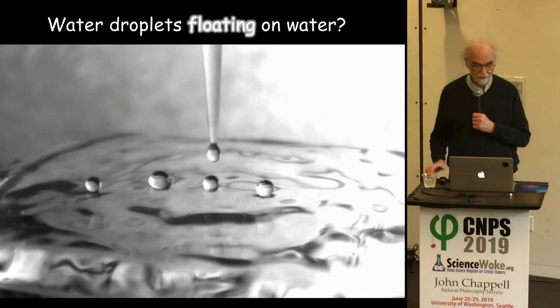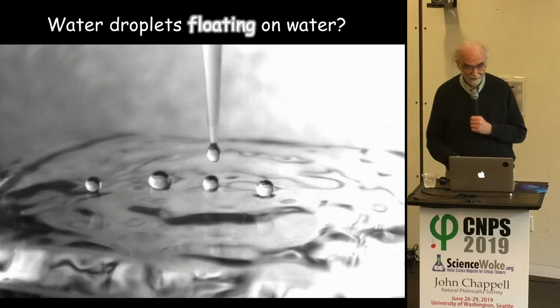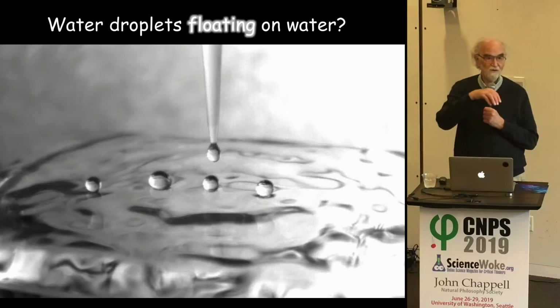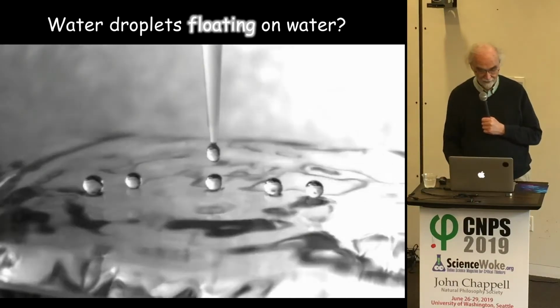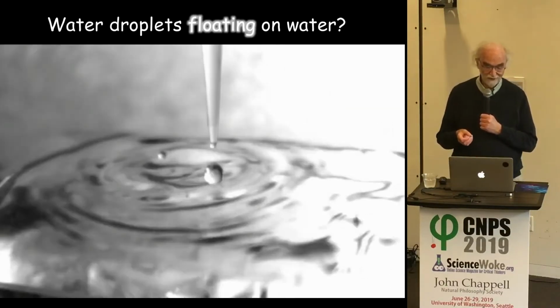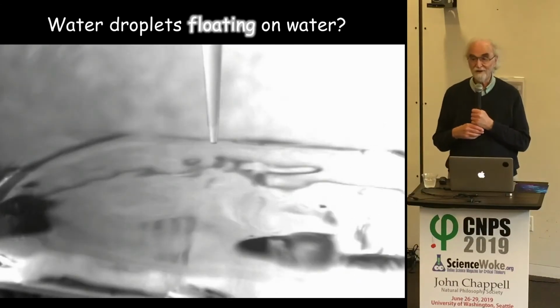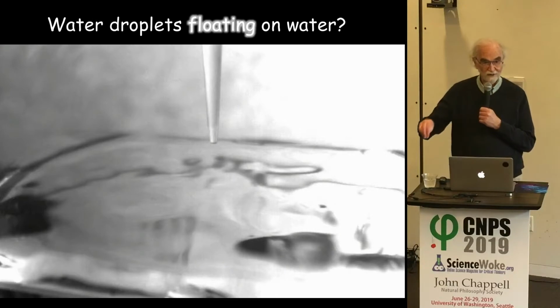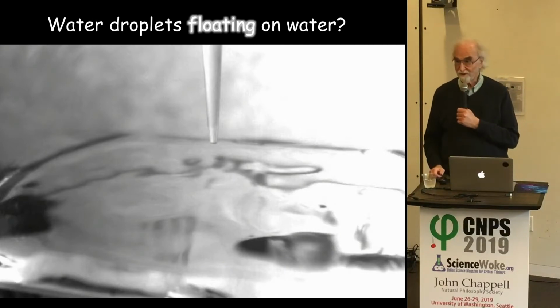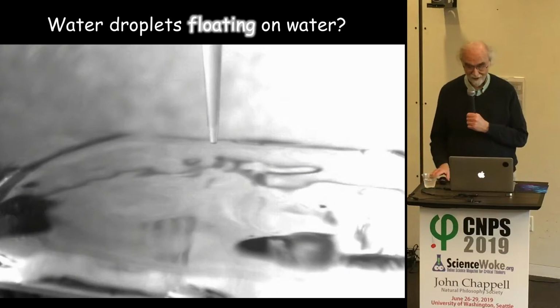So here's another one. As I said, in Seattle, it rains a lot. We have a lot of water. We all know that if you take a water droplet and drop it on some water, the two coalesce instantly, right? But this is a laboratory demonstration, and you can see that the droplets don't always coalesce instantly. They remain there, and you can actually see it on puddles sometimes. If it just rains, you see little droplets sitting on the top of the puddle. Any explanation? Don't all answer at once. Okay, I see a lot of nays.